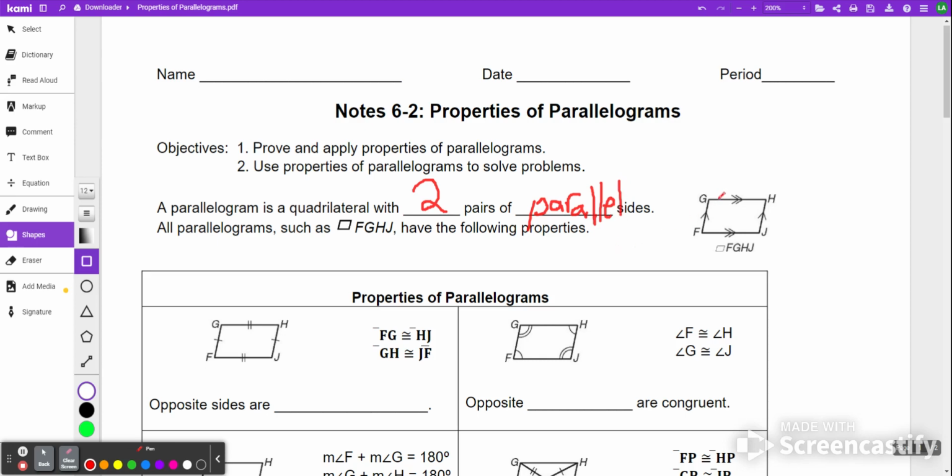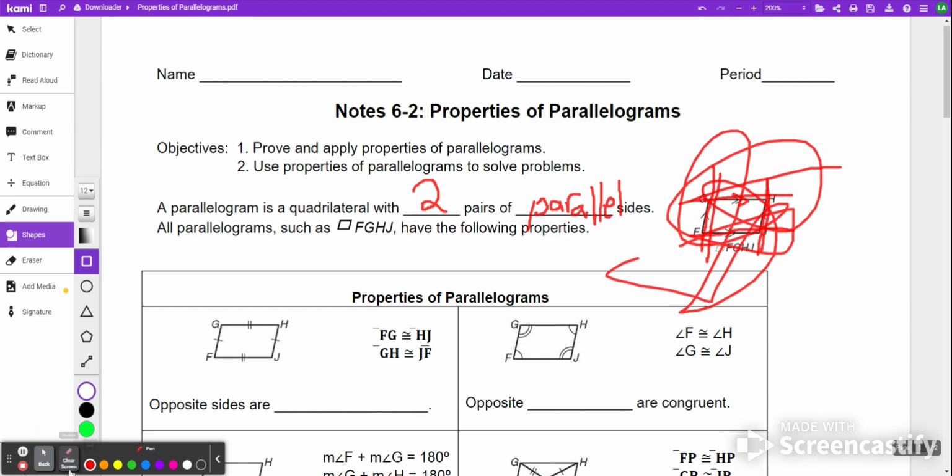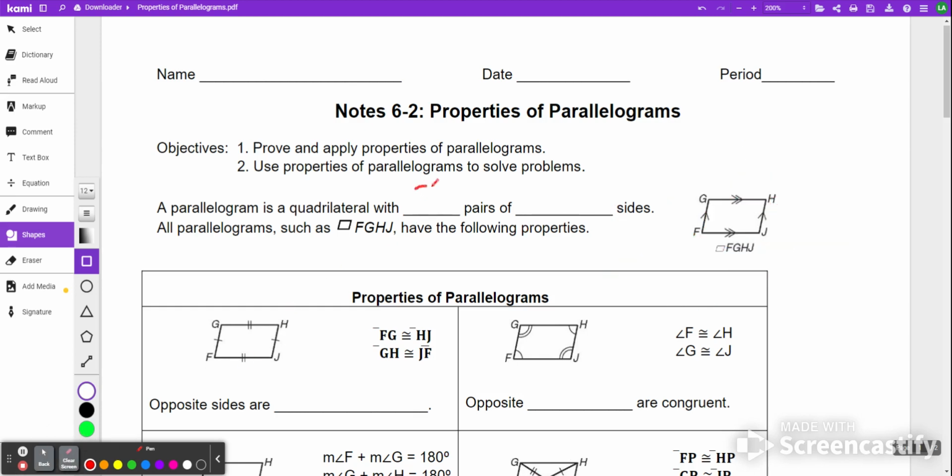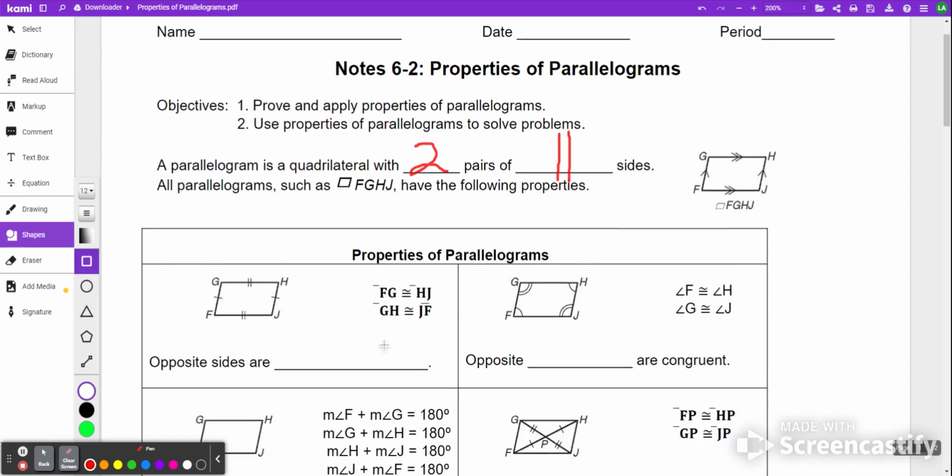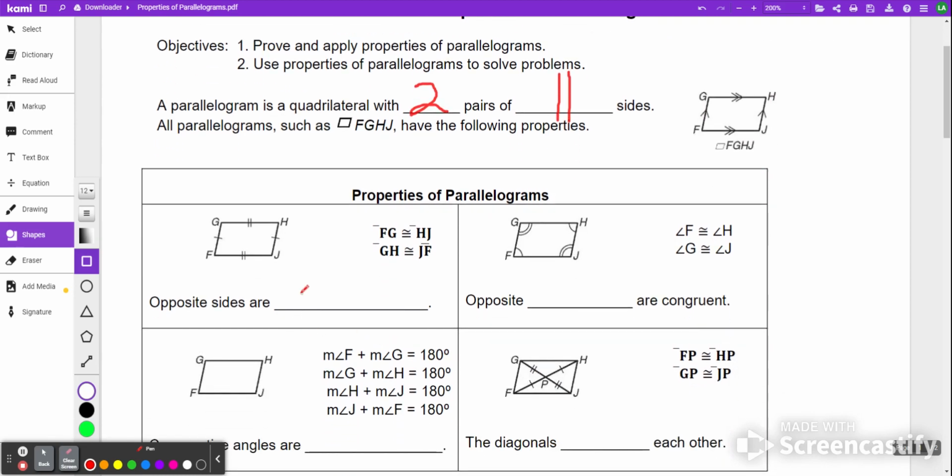If you extend these, you know how we've been doing parallel lines cut by a transversal? Well, if you extend these, look at this. Two parallel lines and a transversal and another transversal and another pair of parallel lines with two more transversals. They're all parallel lines and transversals. It's amazing. Dude, this is a lot of fun. I'm just going to use a symbol for parallel. What else? Opposite sides are